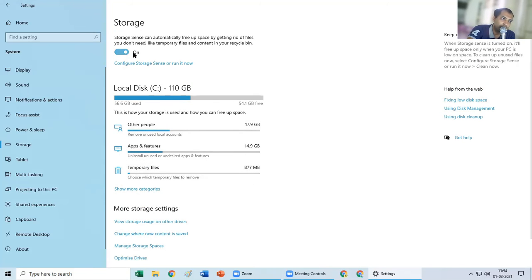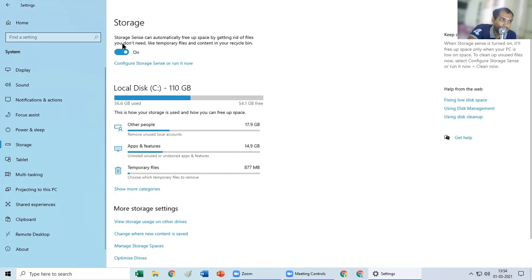You turn this option on, and after a regular interval of time, your computer will, without informing you, automatically start deleting unnecessary temporary files. The temporary files, even if deleted, will not affect your computer's working, and you won't even realize which files have been deleted because they were just temporary, created just for the smooth running of the computer, and eventually not required. They keep on accumulating. So when you turn this Storage Sense on, it automatically deletes them.